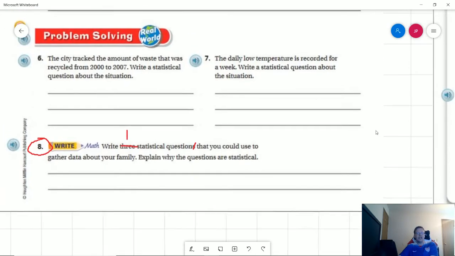So number 8, write one statistical question that you could use to gather data about your family. Explain why the question is statistical. So how